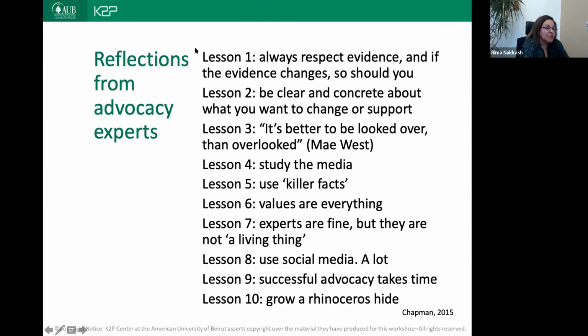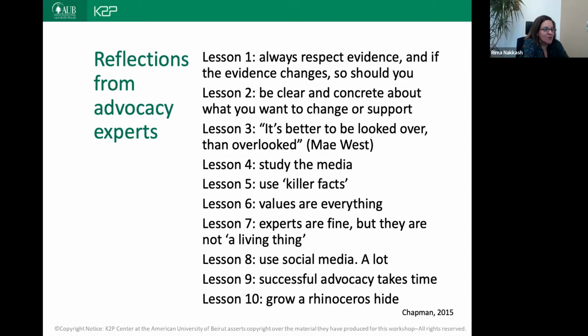In the campaigns we've been involved in, what that means is, study the media. It is a continuous reporting and understanding of what the media is writing about the topic and the dialogue and the debate around it, which is actually a daily activity. So having a regular media check that looks at all media outlets, at who's writing about the topic and what sort of issues are being discussed, is very important. Use the facts, the epidemiologic facts or evidence facts, in a way that is framed to bring attention.